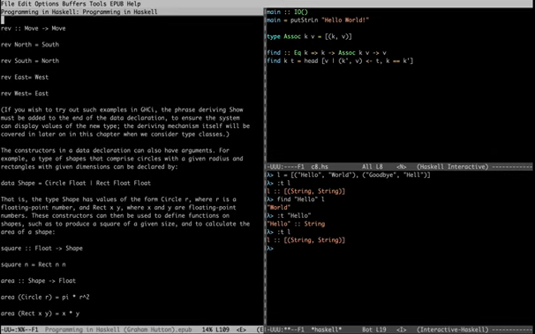If you wish to try out such examples in GHCi, the phrase deriving Show must be added to the end of the data declaration to ensure the system can display values of the new type. The deriving mechanism itself will be covered later on